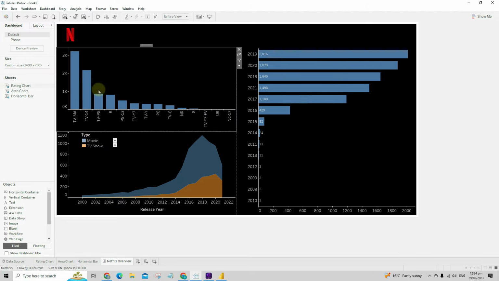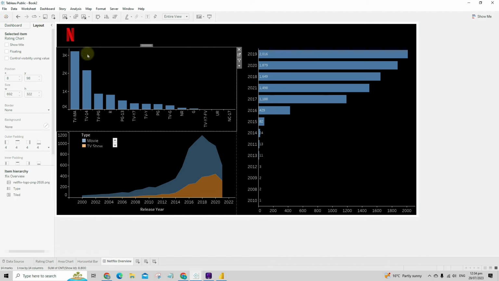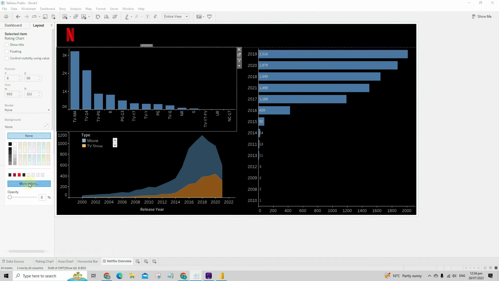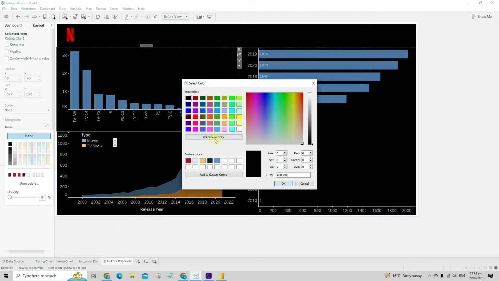So now I want to match the color of the bars and the area chart to match this Netflix logo color. So let's just get the color first. If we just click into layout, for example, more colors, we can hit pick screen color, and that allows us just to go over to the Netflix logo, and you can see we can get the HTML code by hovering into the Netflix logo. So let's go for this darker one,